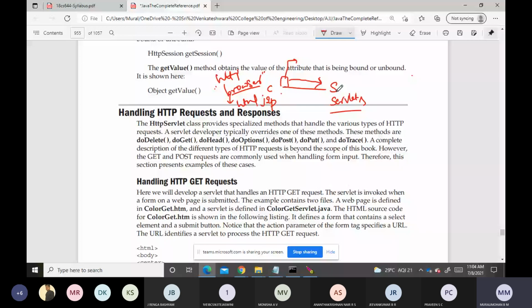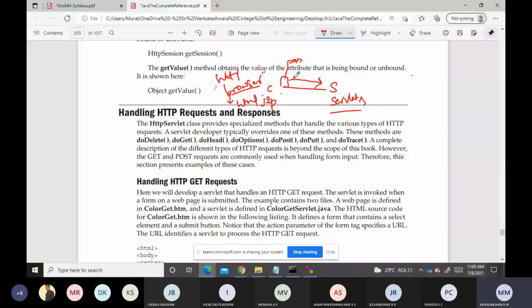We can implement this by overriding several methods. All these methods are provided inside the HttpServlet class.